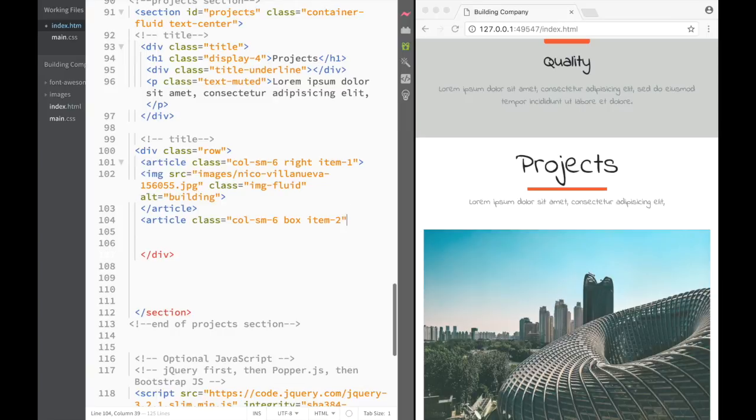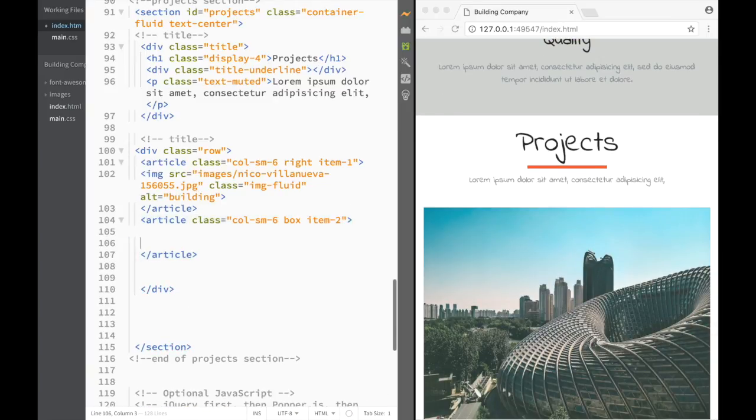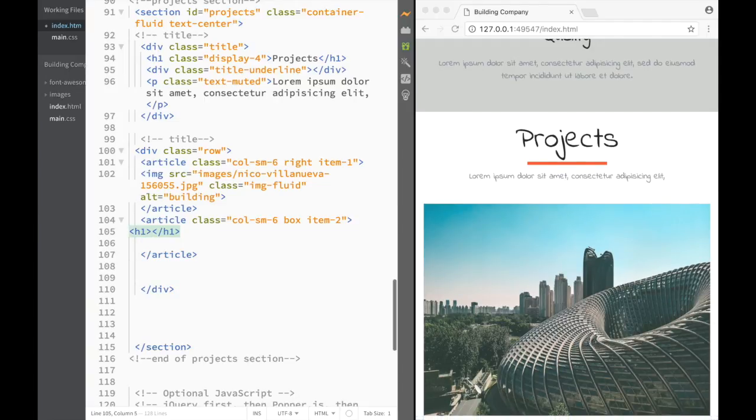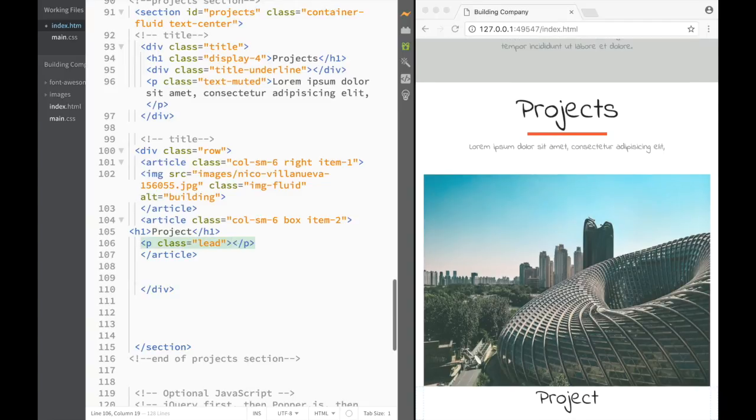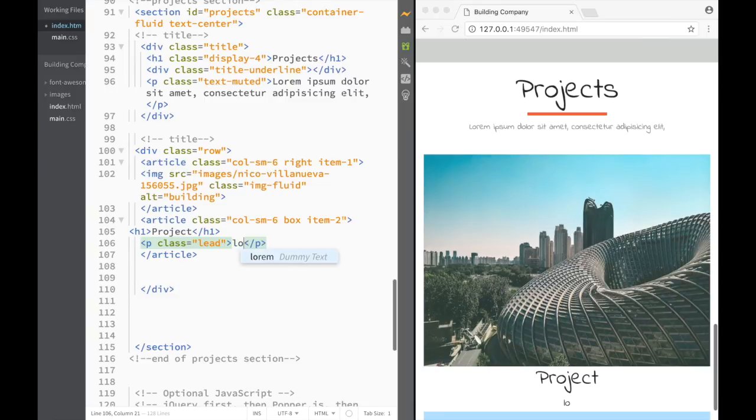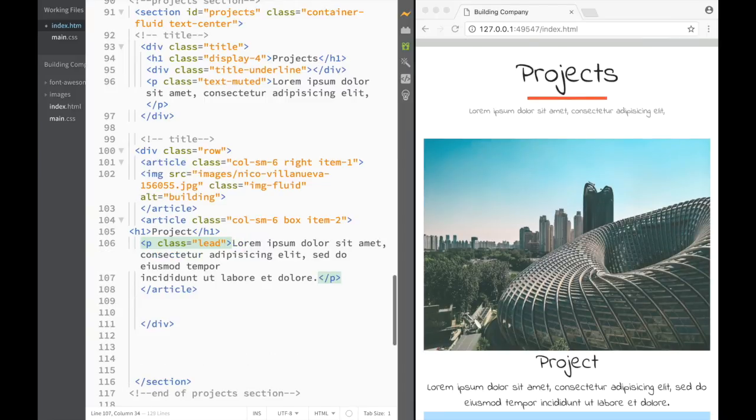All right, and here what we're going to place inside is going to be a heading 1, where we're going to write this is going to be one of the projects. And then we're going to add another paragraph. This is going to be class lead, and over here we're going to say that this class lead is going to have a dummy text, something very simple. So now we have our first 2 columns, one picture and one text. So we need 2 more